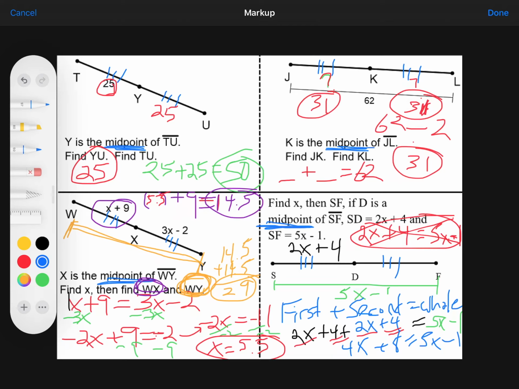Most of the problems that you're going to be doing right now, as you go to IXL level to finish it up to a score of 90, are going to be like the bottom left. But occasionally you'll see something like the bottom right where you don't have the two pieces, you have one of the two pieces and the whole thing. If that's the case, make sure you do first part plus the same second part equals the whole thing to solve it out. All you're doing right now is finishing up an IXL level to 90, and then you'll be moving on from there